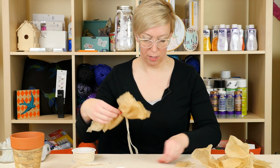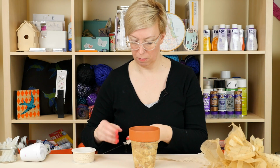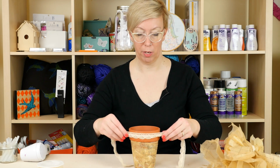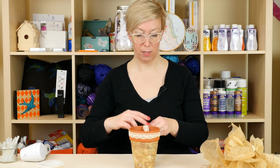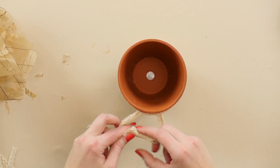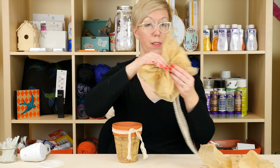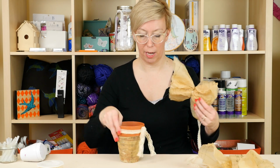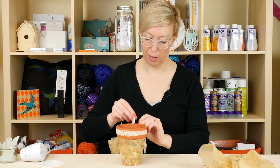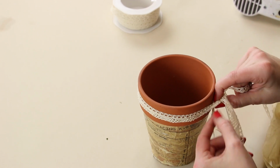So what I'm going to do next is go ahead and grab back my pot and take a different piece of ribbon. I'm going to pull this piece of tape off the end. You could tell it was the end of the roll for that one. And I'm just going to wrap it around the top of the pot and tie a knot in it. So just like that, okay? And then I'm going to take this and I'm going to attach it on by tying it on as well. So I'm going to take this piece here and tuck it behind our knot quickly, and then just tie it on